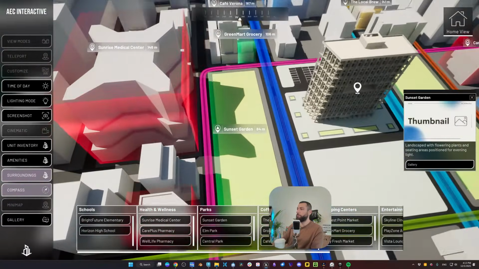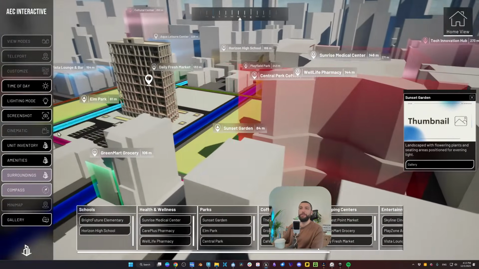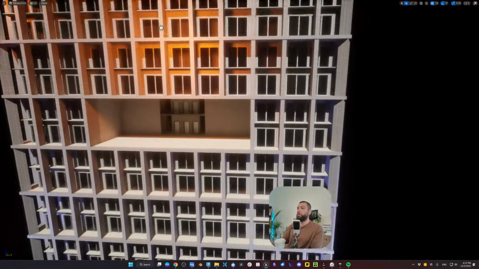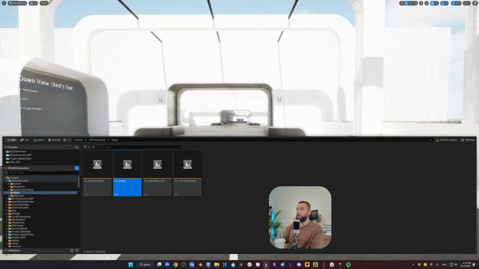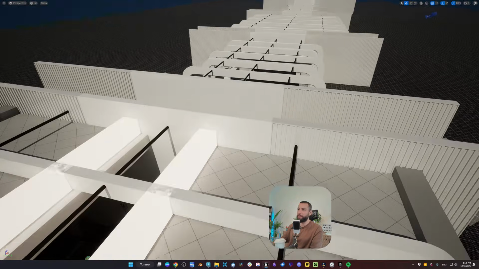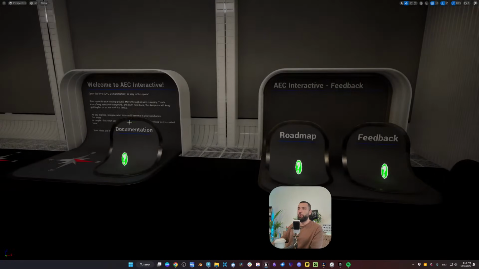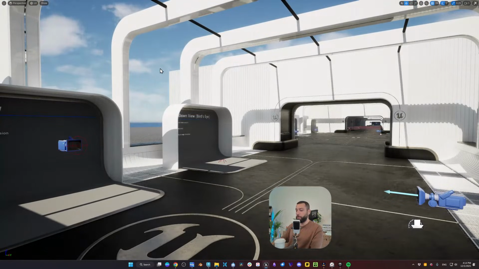And yeah, that's, I hope and I believe, everything, unless I forgot something. We said that we want to talk about the customization of furniture. So let's talk about that. So in the template, when you download it, you will find the main menu, the gallery, the demonstration, and the thumbnail studio. And all these are important. You will also find links to the documentation, the roadmap, feedback, and so on. So let's click on play.